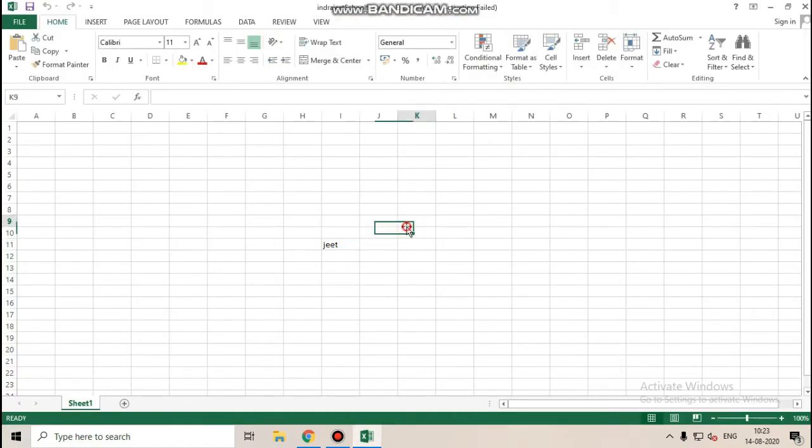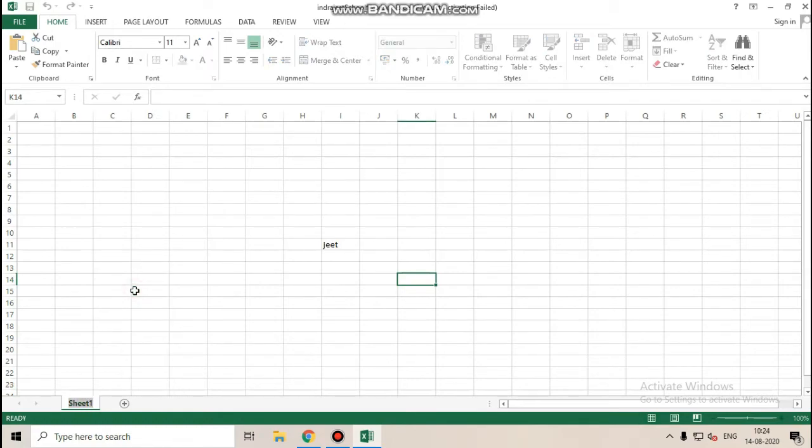So the new file will open. Yes, okay. So now you have two files. You can close the previous file. Now you have opened the previous file, and you can start your work here again. So this is the method through which you can open your previous or existing file, meaning a file you already had.